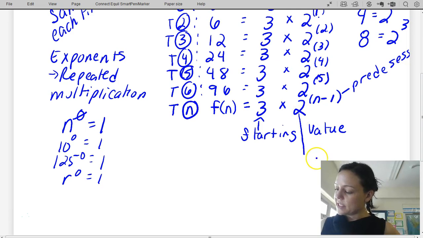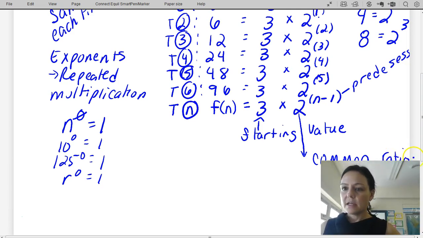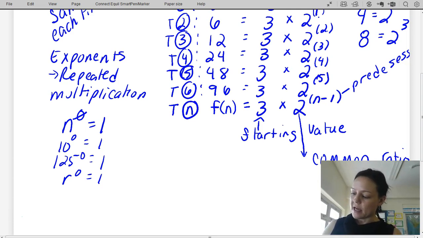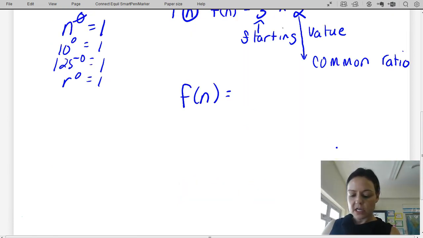And 2 is our common ratio. Remember, it was a common difference when we're talking about arithmetic sequences, and it's a common ratio now that we're talking about geometric sequences. So the formula is f of n equals your starting value, or f of 1,